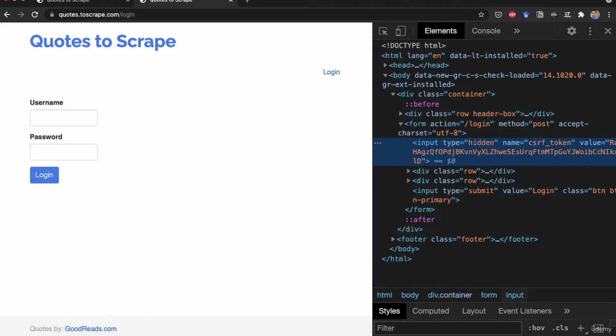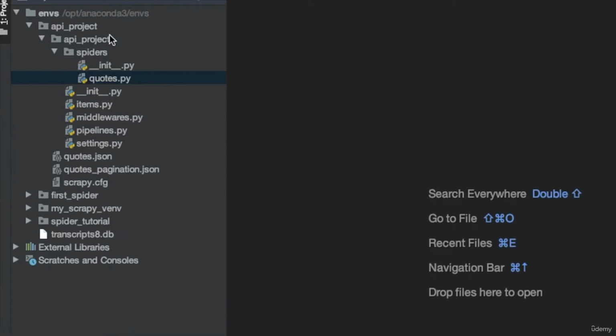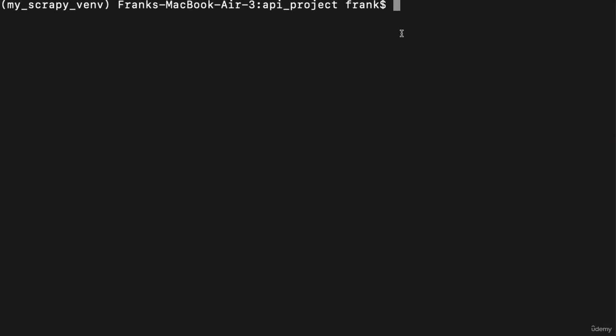Now let's go to the terminal to create a new spider. So I open the terminal and I'm inside the API_project folder, and inside it I'm going to create a new spider. So far we have the spider we created in the previous video, which is quotes.py, and now we're going to create a new spider. So I'm going to write the command scrapy genspider. Now the name of the spider that I'm going to set to